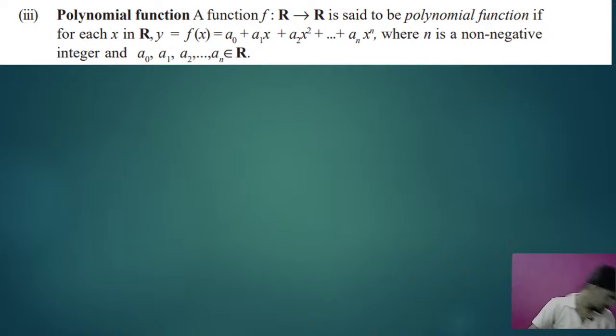Clear? Okay, so see here, before going to polynomial function,